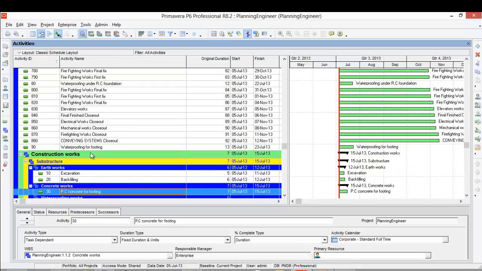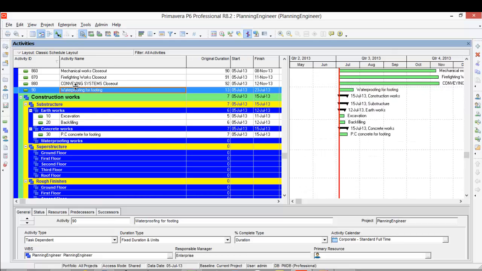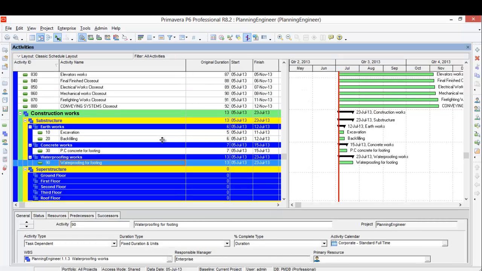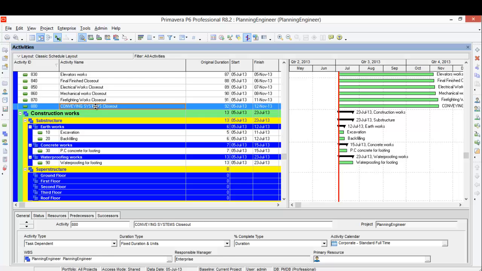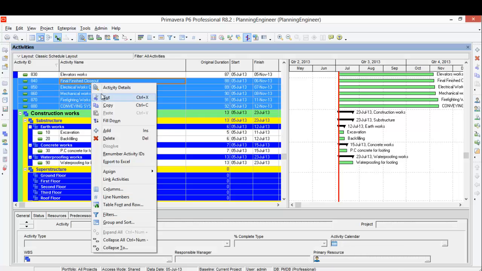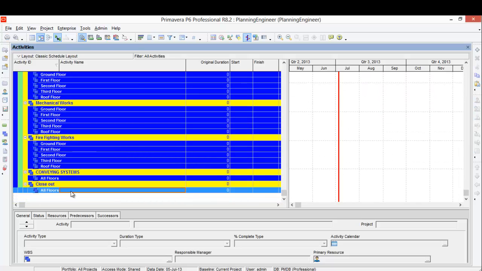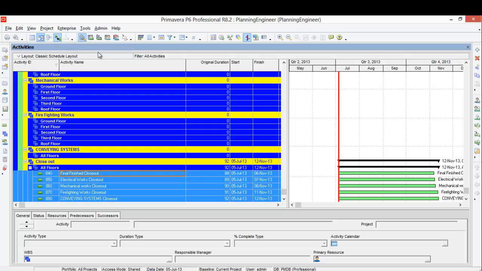Now I'll check waterproofing for footing. I'll cut it, I want it under waterproofing. Okay, this is all closeouts. I will cut and paste it under closeout.